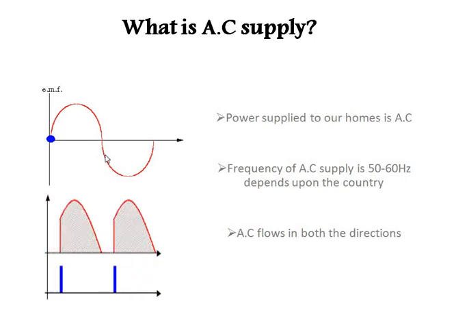The AC supply frequency is 50 Hz to 60 Hz. It depends upon the country. In India, we are using 50 Hz supply. So frequency is number of cycles per second. See, you can see this. This is one cycle, one positive half cycle and a negative half cycle. This completes one cycle. So frequency is number of cycles per second. And AC flows in both directions. You can see the AC current flows in positive as well as negative direction.